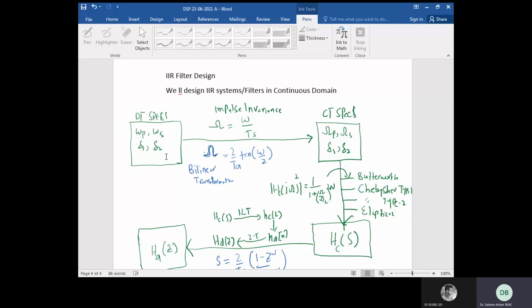So if you want to design, what does it mean by design? First tell me, what do you infer from a design of a filter or design of a system? What first comes to your mind when you see or read design of a filter? What does it mean? Structure is the implementation, it's not design. Specs mean what is required, but design, you have to design. So what does design mean? Let me reiterate the question.